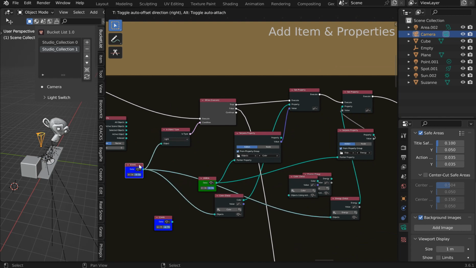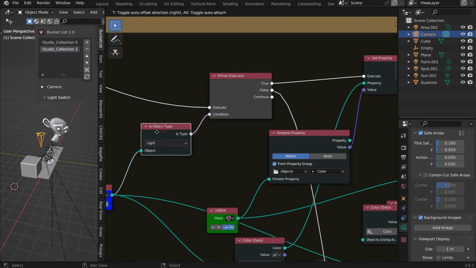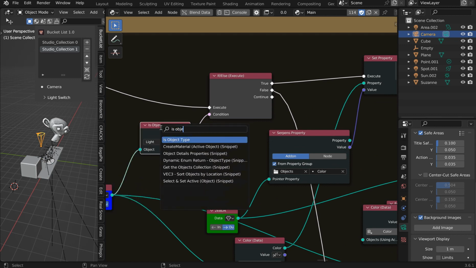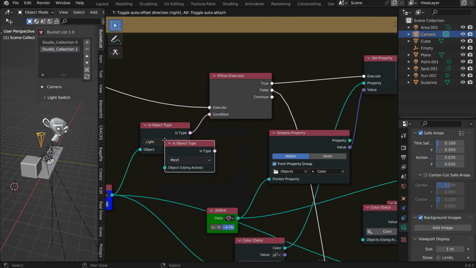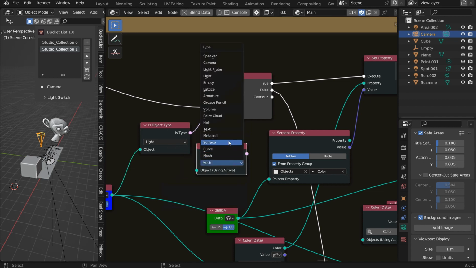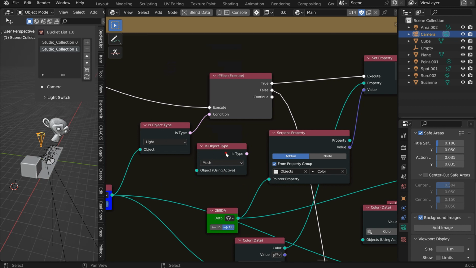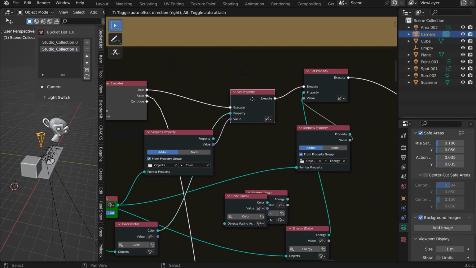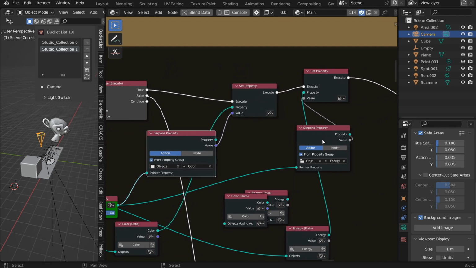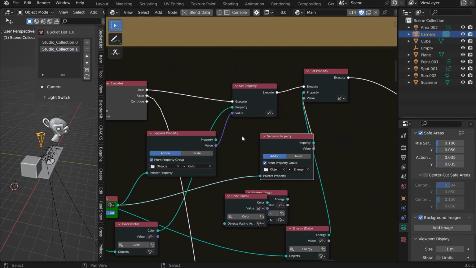So there's a couple of tips for you, and now that we've got this, you would grab that portal, drop in the is object type, and then you can switch the is object type effectively to whatever you need. So that now says, hey, if this object is true, then I need you to set the property of color, energy,